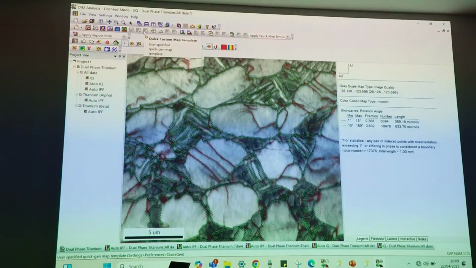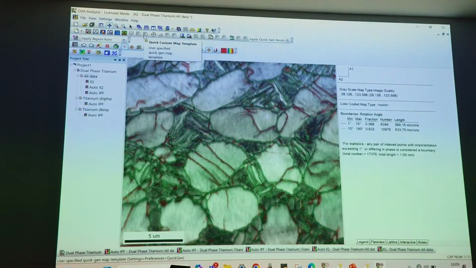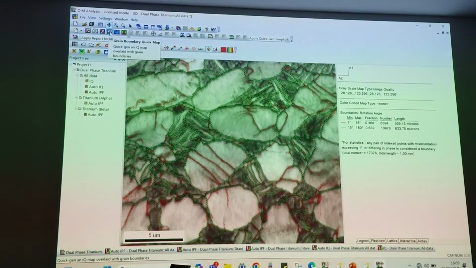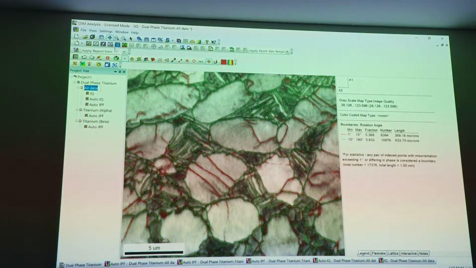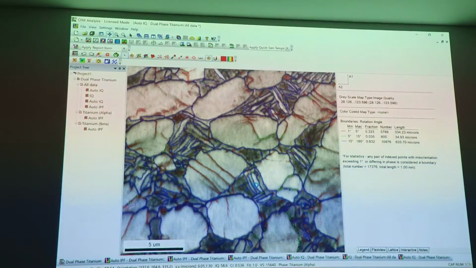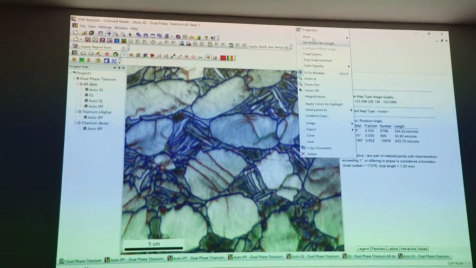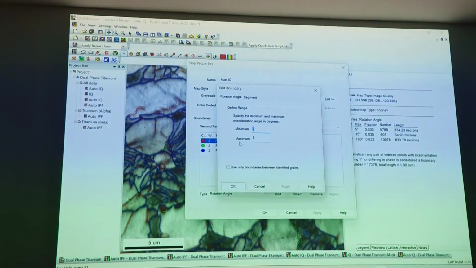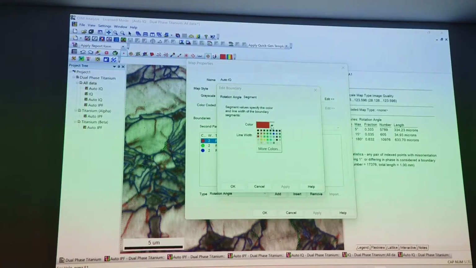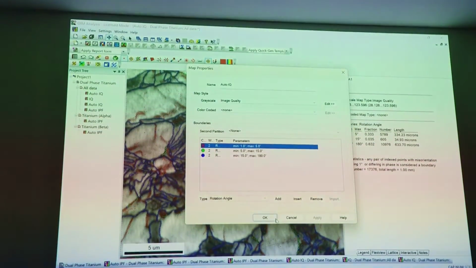Sir, once we have removed one grain boundary, how to add that one? So there's a default template or default icon, grain boundary quick map. If I select all my data and click on this grain boundary quick map, it will again replot it based on the default data set. Okay. Again, if you want to modify it, just do a right click, go to properties, and you can double click on that and define your own parameter. You can choose the color of those grain boundaries. That way you can change. Okay.